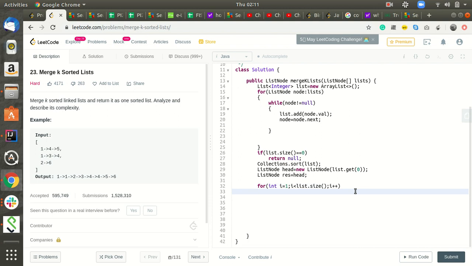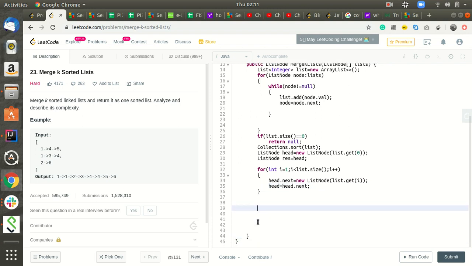So again, head dot next will be equal to new list node list dot get i, right? Now we need to increment the counter. Head is equal to head dot next. Okay, now everything is fine. We just need to return the result.